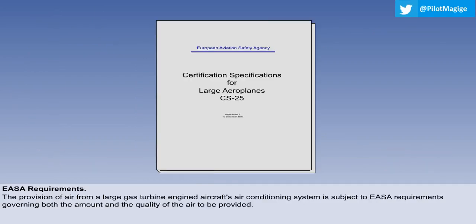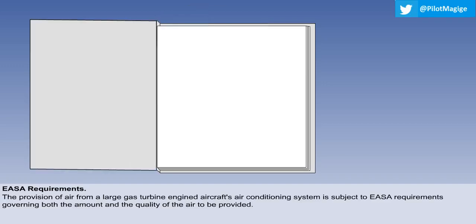The provision of air from a large gas turbine-engined aircraft's air conditioning system is subject to regulatory requirements, governing both the amount and the quality of the air to be provided. These requirements are laid down in the EASA Certification Specification for Large Aeroplanes, CS25, Book 1. To summarize the regulations,